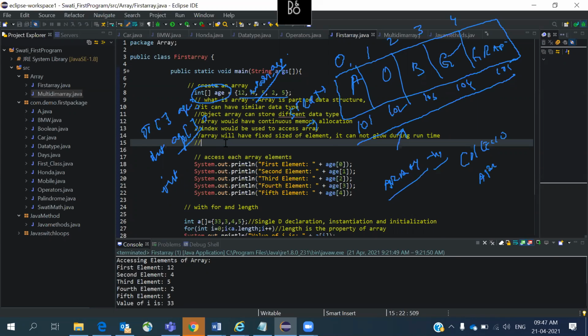Now if it is a string array, it means str arr, array, and underscore means the names. By seeing this you can understand that this is a string array variable name.